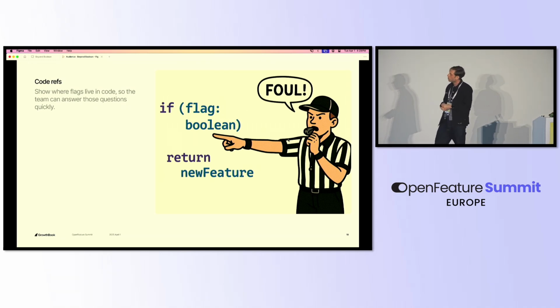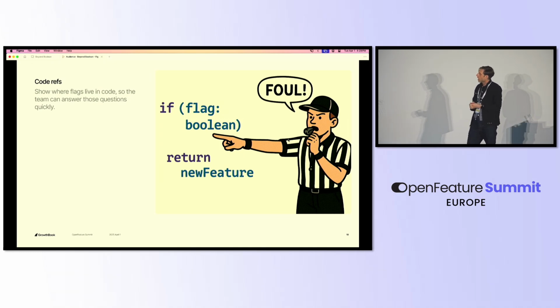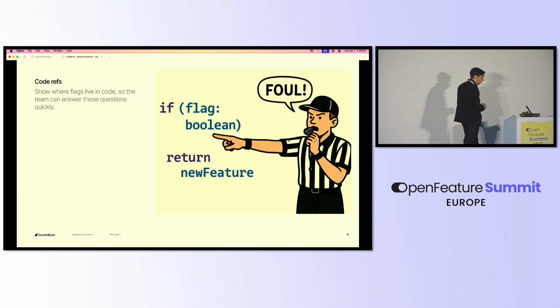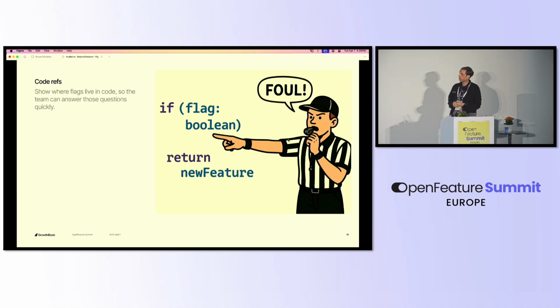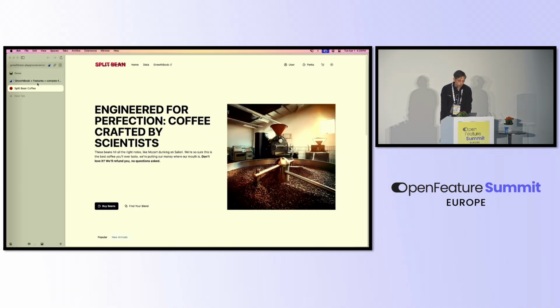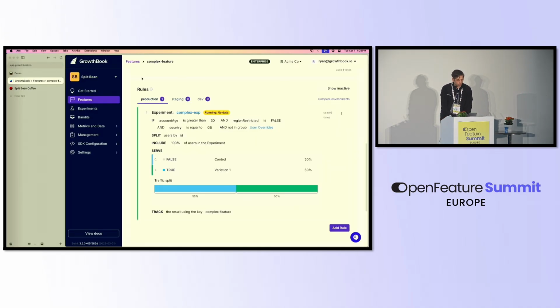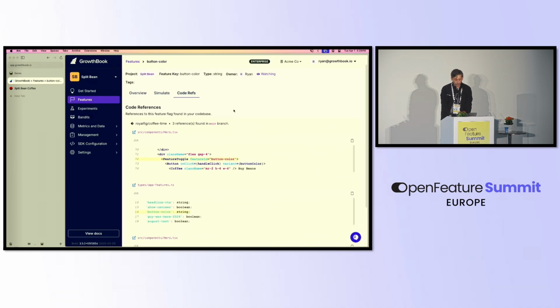So there's this concept here of code refs or code references. How can you show to your users where that flag lives in the code base? And so we have a version of this, but lots of providers offer this. And I'll show you what this looks like really quick, so you can get a sense of it. So here on the feature, this is that button color you saw earlier, we have this